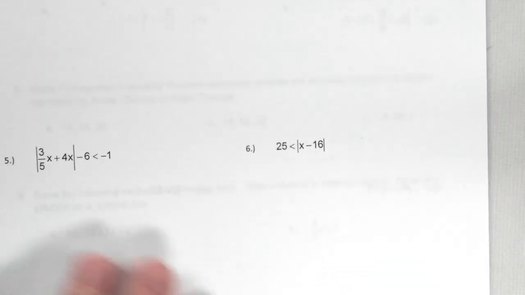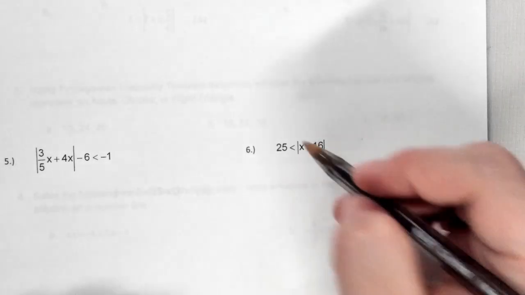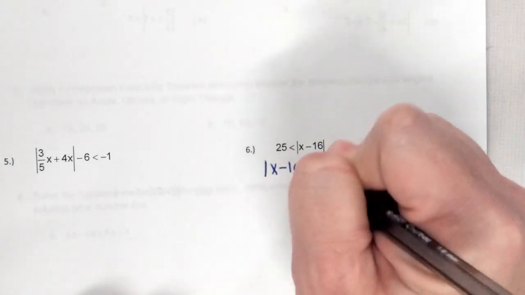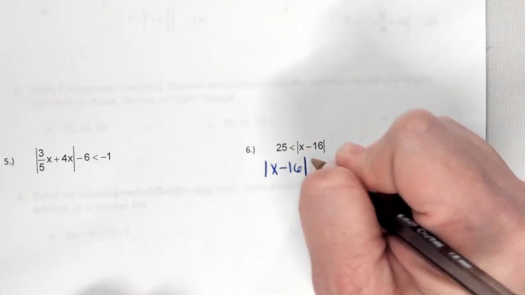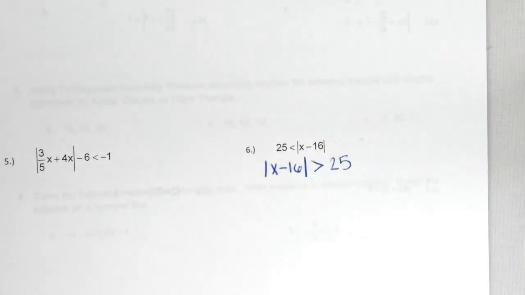Okay, and then look at number 6. Now, yes, this is a less than symbol, but it is not an and problem because my absolute value is not first. So if I need to rewrite it, the negative is eating my absolute value, so I have to flip my symbol when I rewrite it. So be careful with that. So this is an or problem. I do have an answer key up here. You do have today